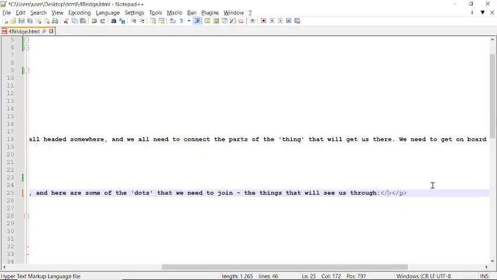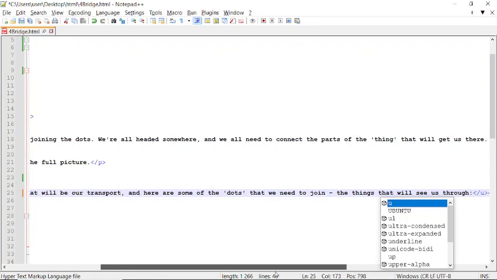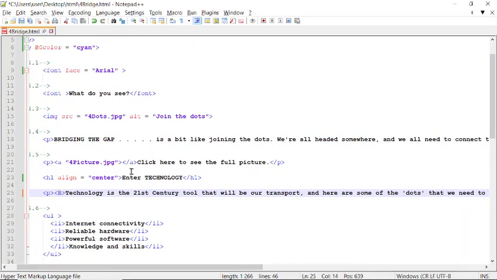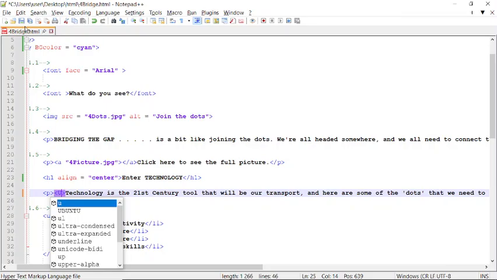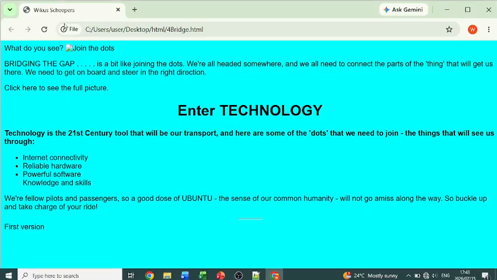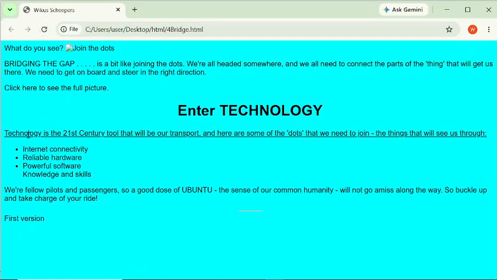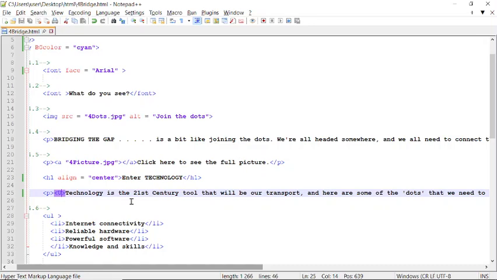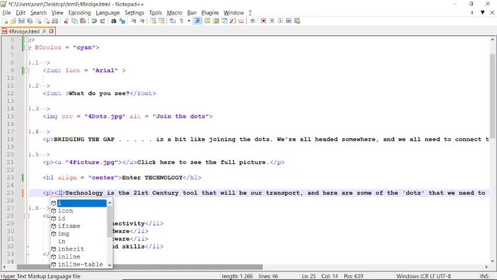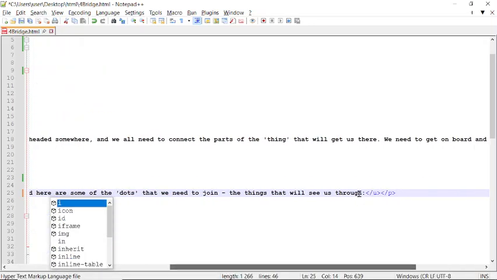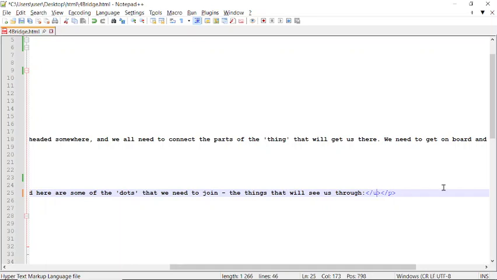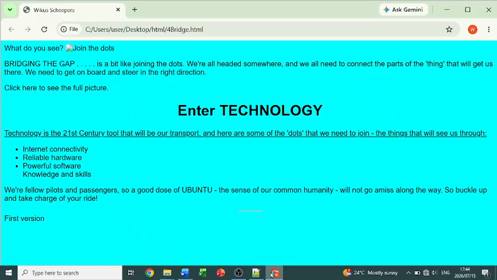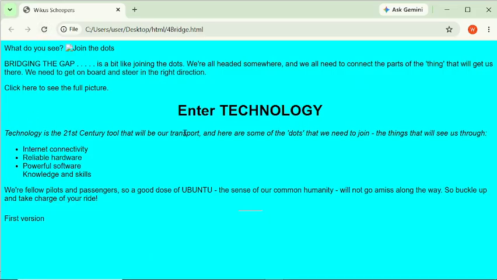If I were to just make that a U, for instance, remember changing both sides, saving it, going here, pressing OK. You can see the bold's taken away and the underline is there. And then the exact same happens with your italicizing, where I'm going to just take that U and make it an I. Go on the other side, make it an I, save it, refresh, and now you can see it's italicized.